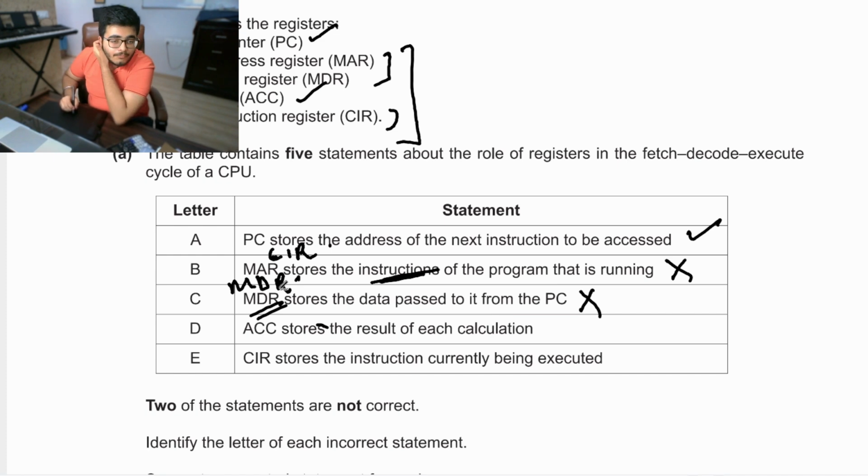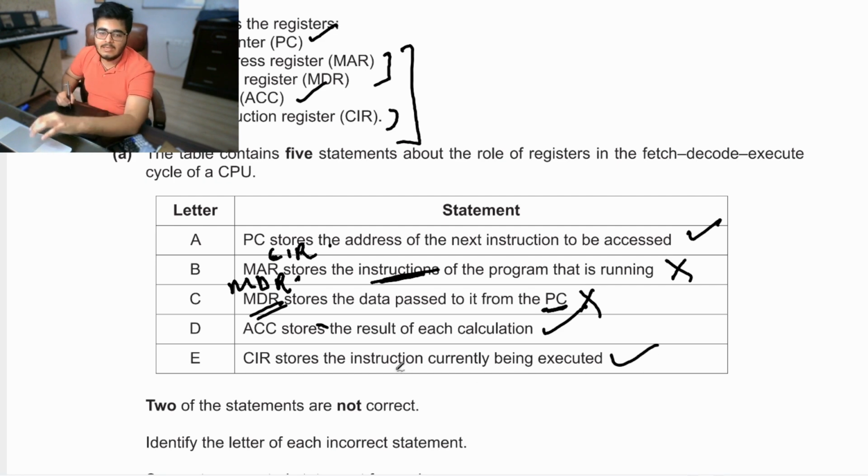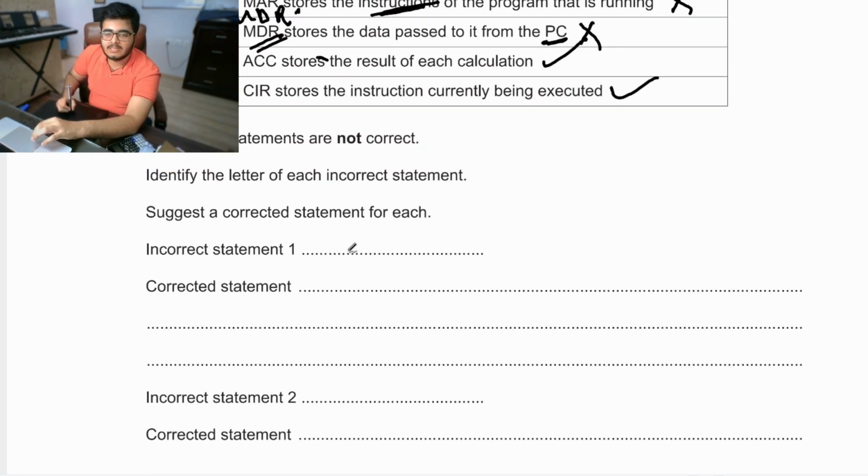Oh, no. MDR stores the data that is passed to it, but the data is not passed to it from PC, right? It is from MAR to the PC. Then ACC stores the result of each calculation, which is yes. CIR stores the instruction currently being executed, yes. So our first incorrect statement is B, and the correct statement for this will be that MAR stores the address and not the instruction. So you will say that MAR stores